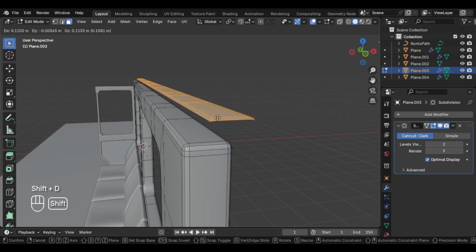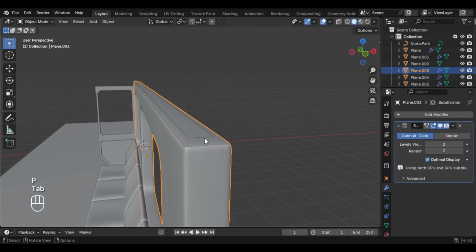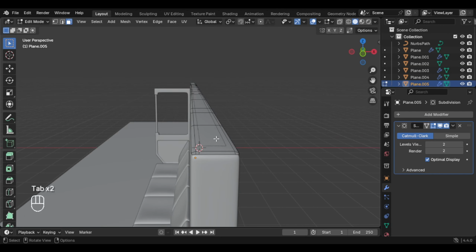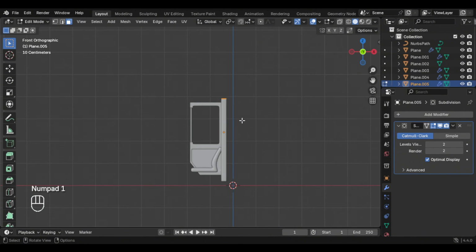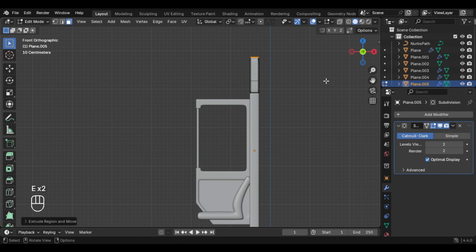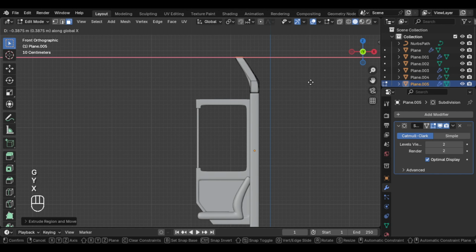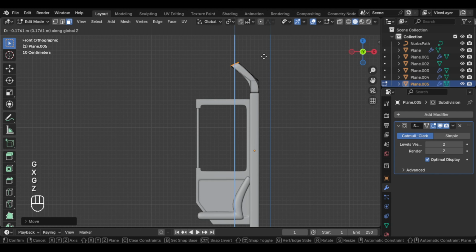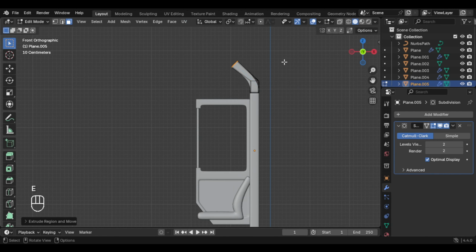Duplicate it, so Shift D and P selection, and we have this face, and we can go to edit mode and select everything. Let's go to 1 and we can extrude it a bit. Let's extrude it one more time, and G and X. We can also rotate it a bit, and we can bring it a bit down, and E again, and G